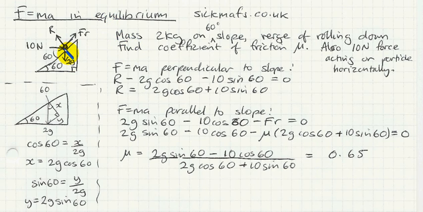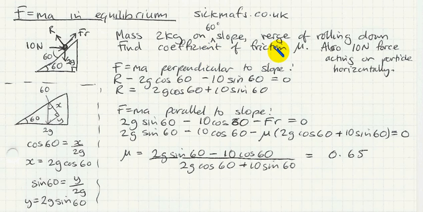There's a mass of 2 kilograms over here, that thing there, on a 60-degree slope. So there's your 60-degree slope, and it's on the verge of rolling down. So it's about to roll down, but not quite. And what they want to know is find the coefficient of friction, mu. That looks like a U, but with an extended thing coming out the side, and that's a typical letter to use for the